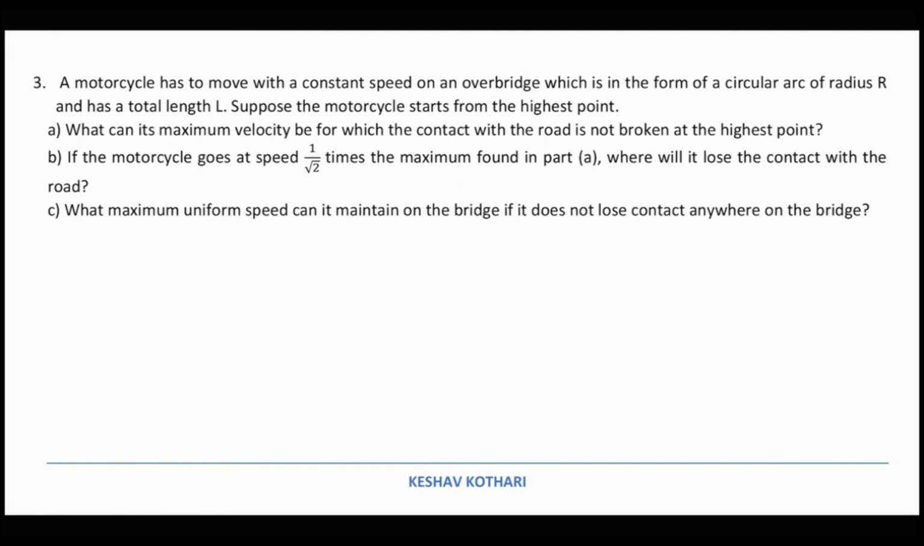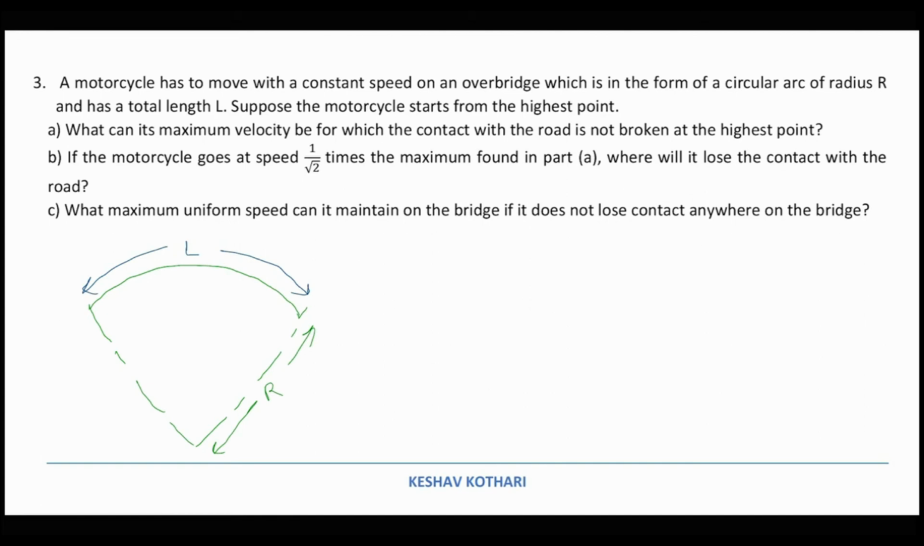so this is the overbridge the question is talking about, and it is moving in a circle of radius r, or the arc of radius r, and the total length is equal to L, which is the length of the overbridge. Now at the highest point,